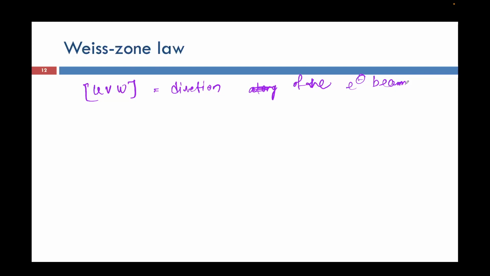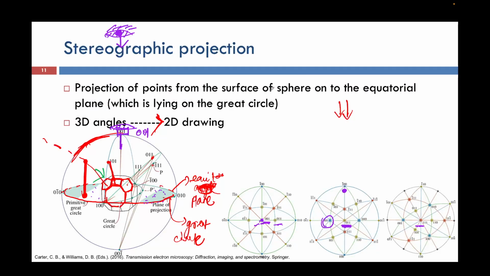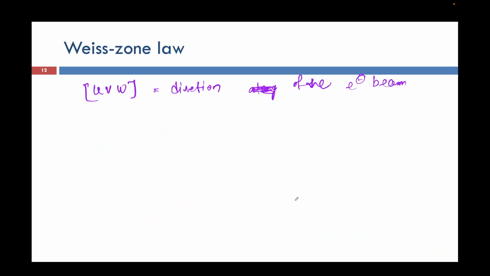Now, if I want to view a particular set of planes, it is not always sufficient to rely on whatever set of planes I get from this transmission electron micrograph. Let's say here you are seeing 100 and 110, but I want to view a particular plane, which I call HKL. In that case, if my zone axis is UVW, then according to the Weiss zone law, the formula is HU plus